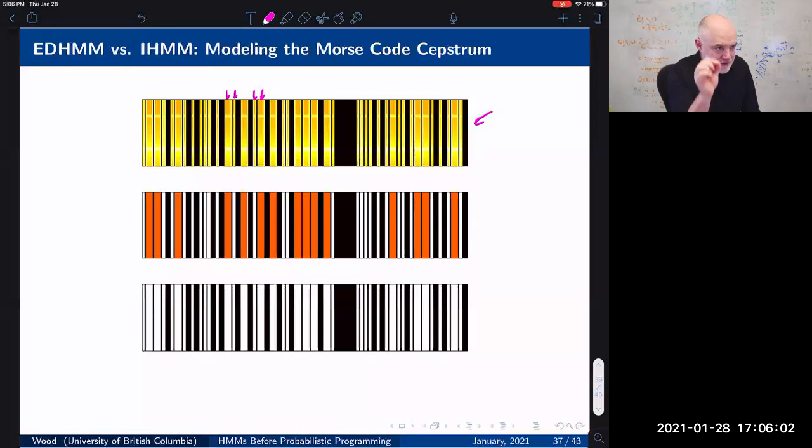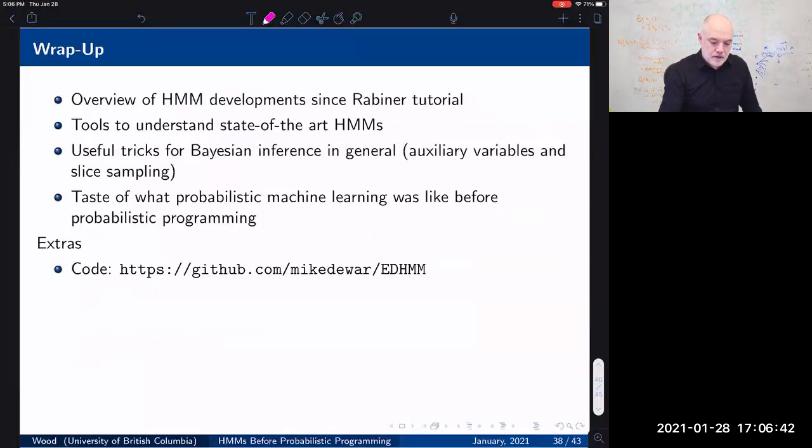In a particular time slice, you can't really tell the inside of a dot from the inside of a dash. They're exactly the same, right? In other words, the emission distribution is basically the same for the two. The dwell time, however, is not. So this is an EDHMM, a Bayesian EDHMM fit to Morse code data, and it automatically learns to distinguish the fact that there are two states with the exact same emission distribution, but different dwell distribution. So the state is characterized by that. And this is actually just an infinite HMM, which was kind of the state of the art at the time. So